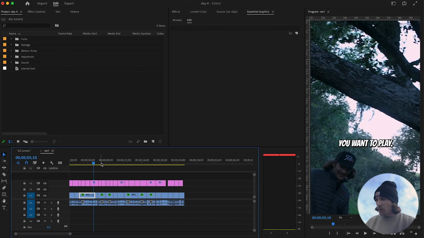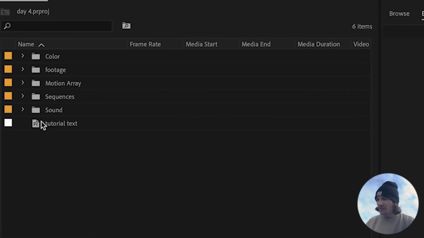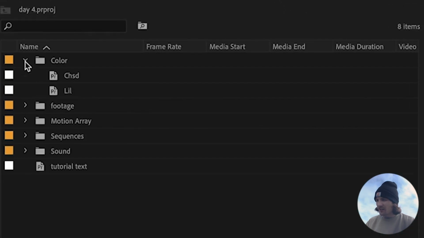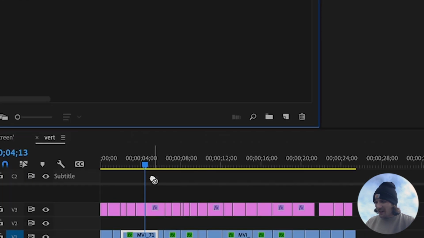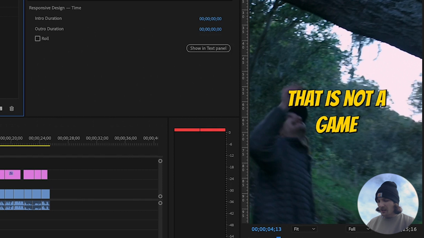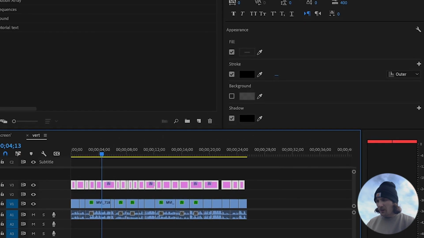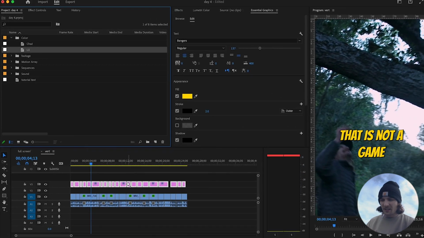So why is this important? Because now, let's say we have two people who are talking, and I want this person's text to be white and this person to have a different style text. Well, I could come up to these styles, and I have two saved out in this color already, and I can drop these down and put it onto the text layer, and you can see it changes it to that style. So if you have a bunch of clips that you want to change, you can just highlight them all and drag and drop that on, and it changes them all